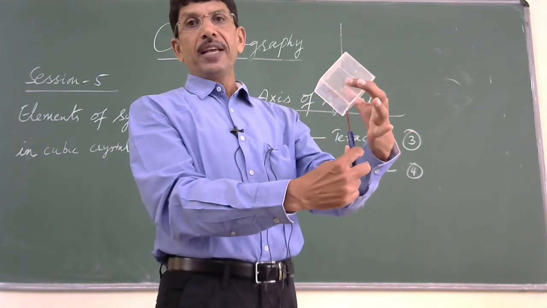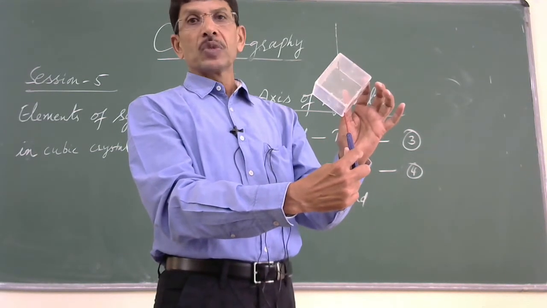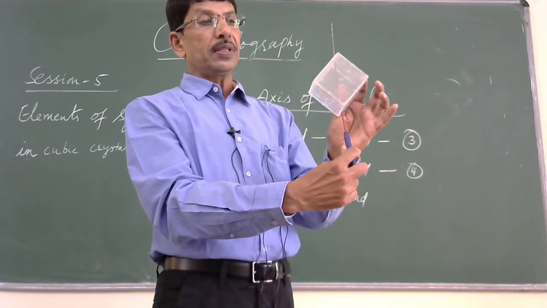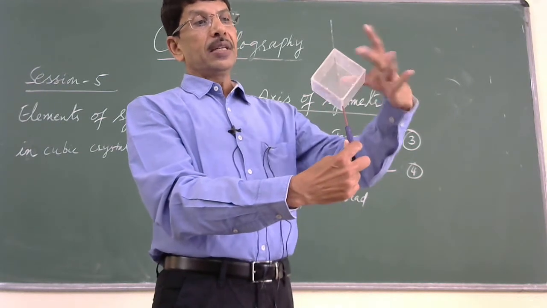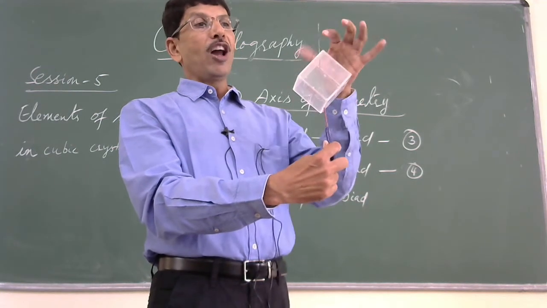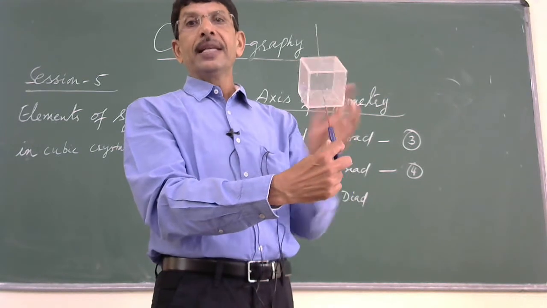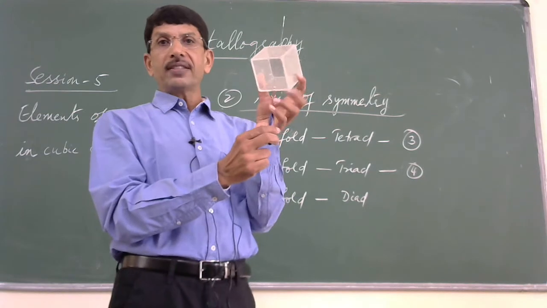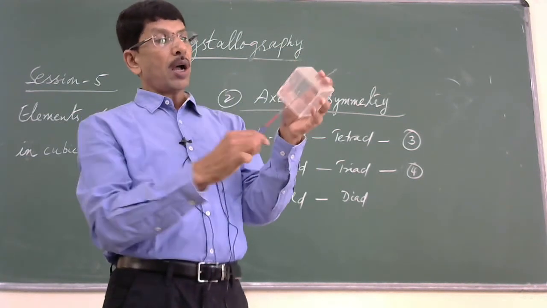This is the initial phase towards you. I rotate it through 180 degrees. This is the appearance which is similar to the initial appearance. Now I rotate it through another 180 degrees, 360 in total. Then again the sticker is here, facing towards you. So this clearly indicates that along this axis, when the crystal is rotated through 360 degrees, it gives 2 times the similar appearance. So this is the 2-fold axis of symmetry, and the 2-fold axis of symmetry passes through the opposite